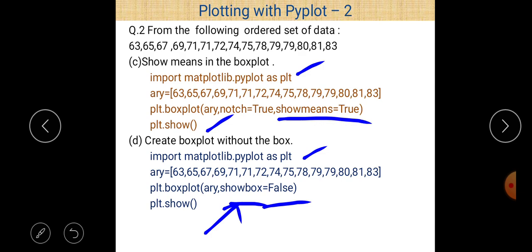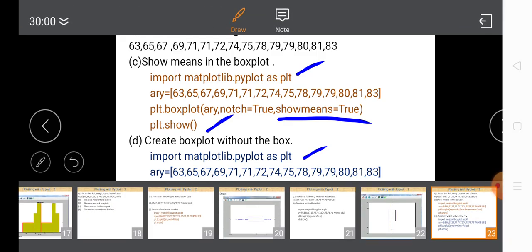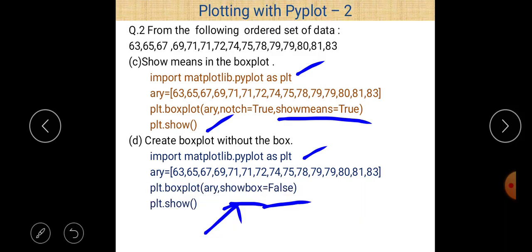So this is the essential line. This should be written to create any plot regarding matplotlib.pyplot. And second line is the creation of a list according to the data here, and line number 3, creation of a box plot.